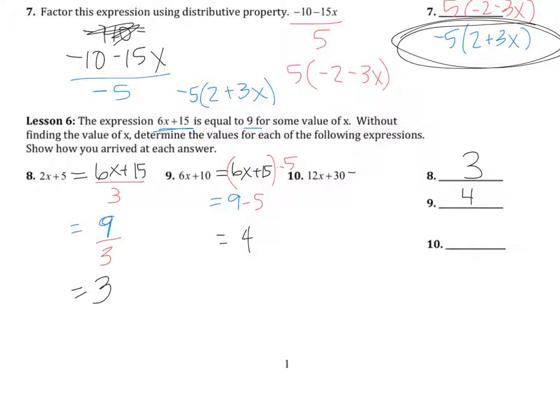And finally, how do I get 6x plus 15? So, for number 10, on the left-hand side, this time it's larger. So to get from 12x to 6x, I need to multiply. So, 9 times 2,